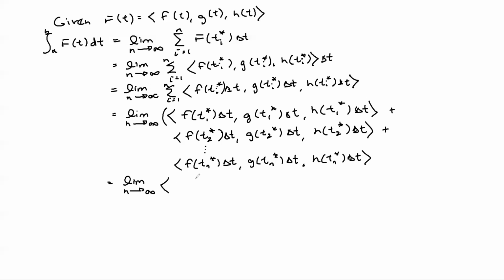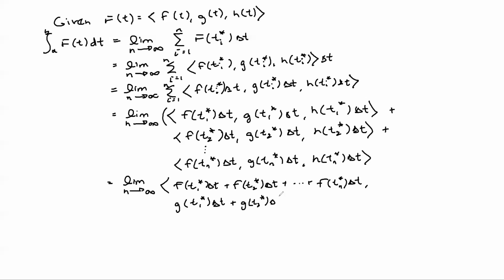let's see, how did I do this? All right, so we're going to have this. So we're going to have f of t sub 1 star change in t plus f of t sub 2 star change in t plus dot dot dot plus f of t sub n star change in t, comma, and then the next line we'd have g of t sub 1 star change in t plus g of t sub 2 star change in t plus dot dot dot plus g of t sub n star change in t, comma, h of t sub 1 star change in t. It's a little tedious, but